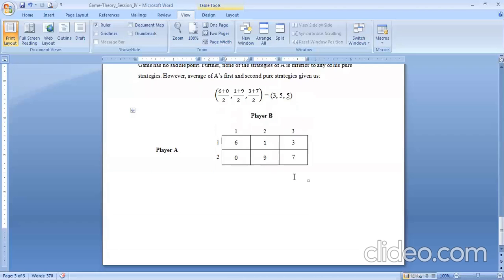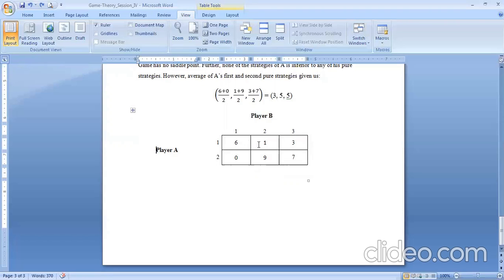Then is it possible to take the average between the columns? Let us see that. If I take the average of this one, 1 plus 3 is 4, 4 divided by 2 means it is 2. Average of this one is 2. And the average of 9 plus 7 is 16, 16 by 2 means 8. So the averages are 2 and 8. The 2 is less than 6, but 8 is greater than 0. Again, no comparison. Let us take the average of these two.